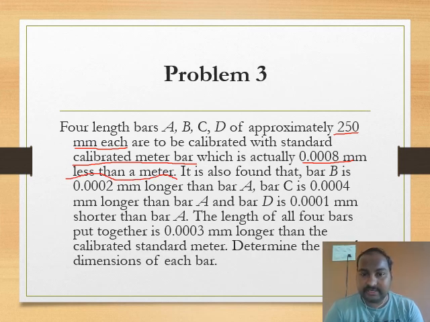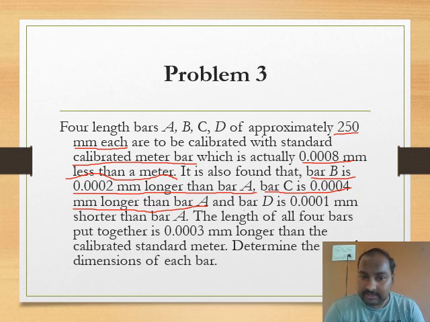It is not exactly equal to 1 meter. It is also found that bar B is 0.0002 longer than bar A. The given problem is about comparing bar A with bar B. Bar B is longer than bar A, and the next statement is bar C is longer than bar A. Again, bar A is shorter than B as well as C, and also bar D is shorter than